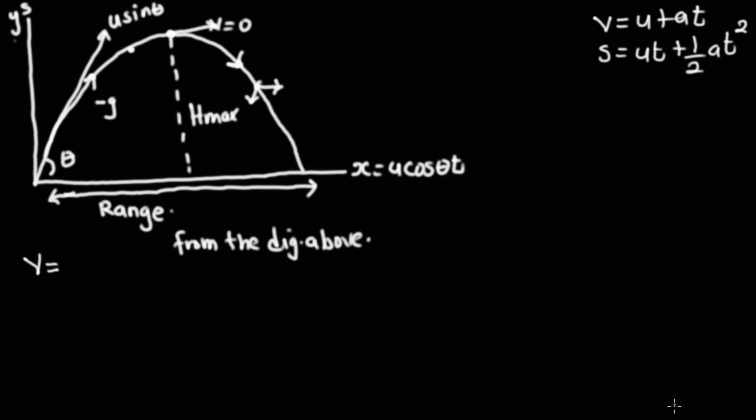A projectile motion is a two-dimension motion resolving into vertical and horizontal components. We have the y and the x-axis. Now, this is an object traveling from point 0 and following through this path down to this point. Now, this route which it took, this trajectory, is parabolic. We'll be coming to deriving the parabolic equation of a projectile motion. But as for now, let's see how we can derive